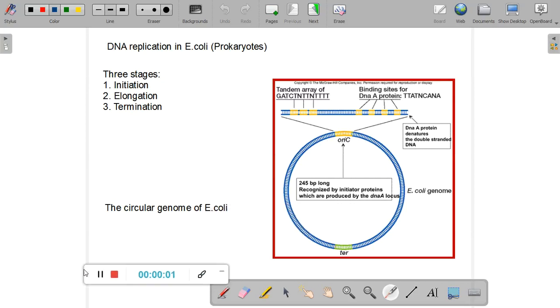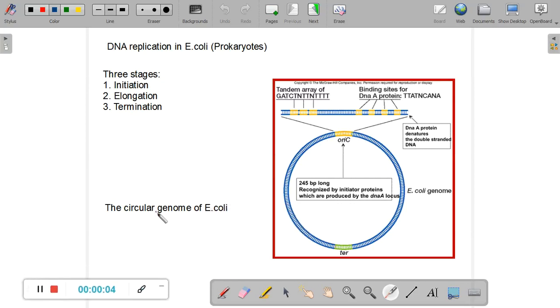We learn about the replication of DNA in this session. The process of replication is slightly different in prokaryotes and eukaryotes. But for the sake of simplicity, we'll understand the process of DNA replication in prokaryotes, and the prokaryote that we have chosen for our study is E. coli. Now, there are slight differences between replication in prokaryotes and eukaryotes as spoken before, but more or less the